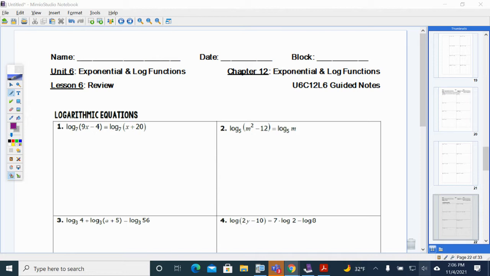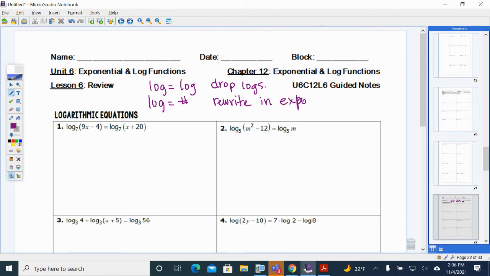And remember that with logarithmic equations, you might have log equals a log, where you drop the logs and solve. The second one is log equals a number. When you have log equals a number, you need to rewrite it in exponential. And just as a reminder, if it says log base b of a equals x, in exponential, that's b to the